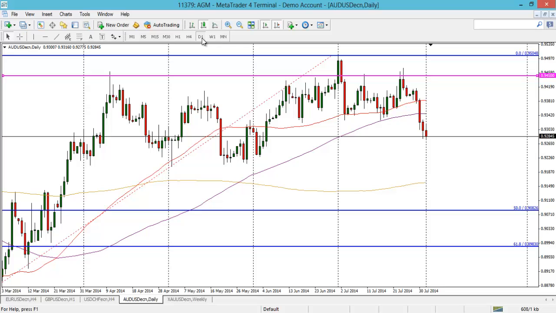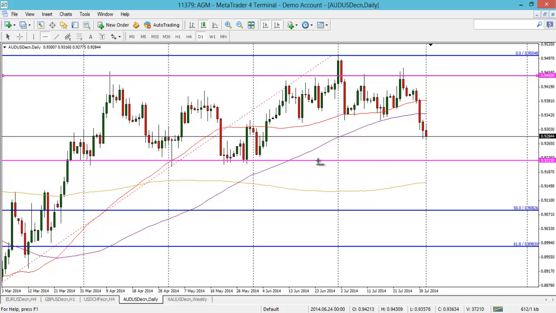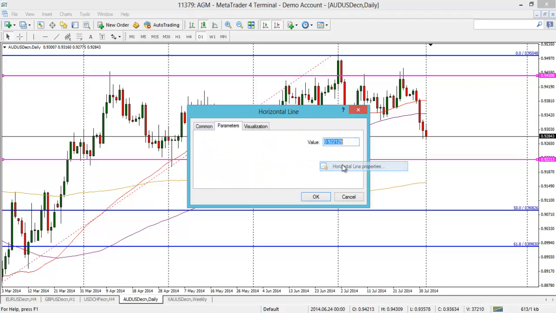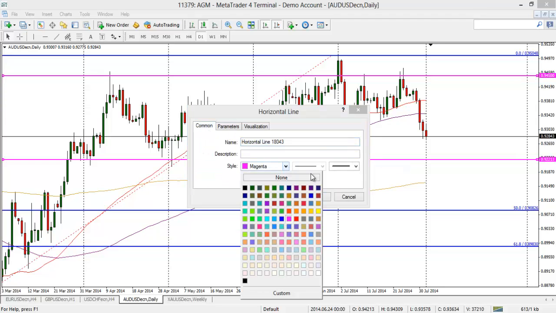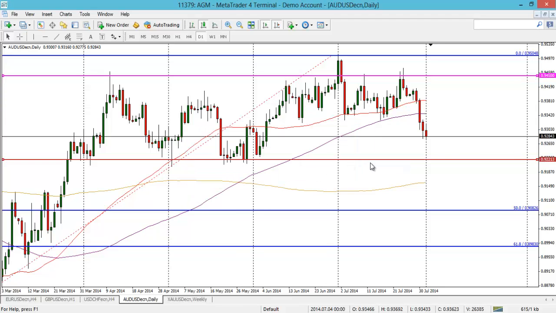And in terms of the daily, the next key support to keep an eye out for here is the 0.9220s there. So that's the next significant support to keep an eye out for, I think. You can see in May that was a key support there. It held for some time and got a lovely rotation up towards the upside. So you can see it's pretty much in free-for-all mode now, and that really is the next key support. But in terms of fibs, these have all been blown out now, I think.